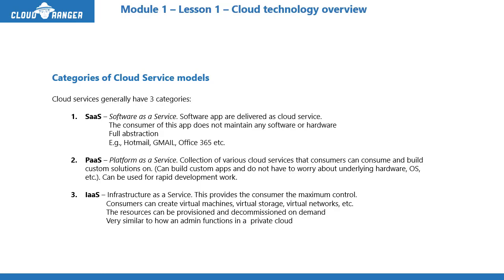This is maximum control because you are building the virtual machine. Only the operating system will be given to you. So if you want a Windows box or a Linux box, Ubuntu, well, it is part of Linux, but if you want Ubuntu, CentOS, Red Hat, you can just ask for that and the virtual machine will be created for you.